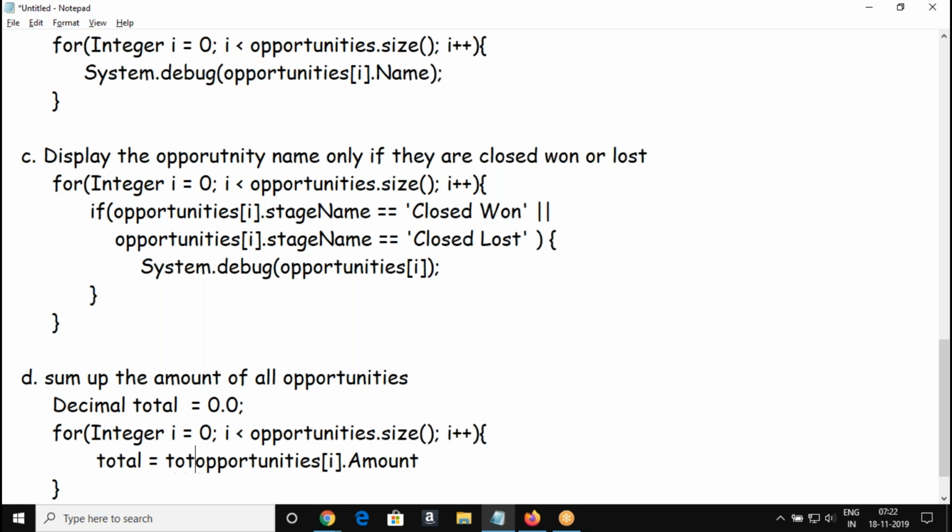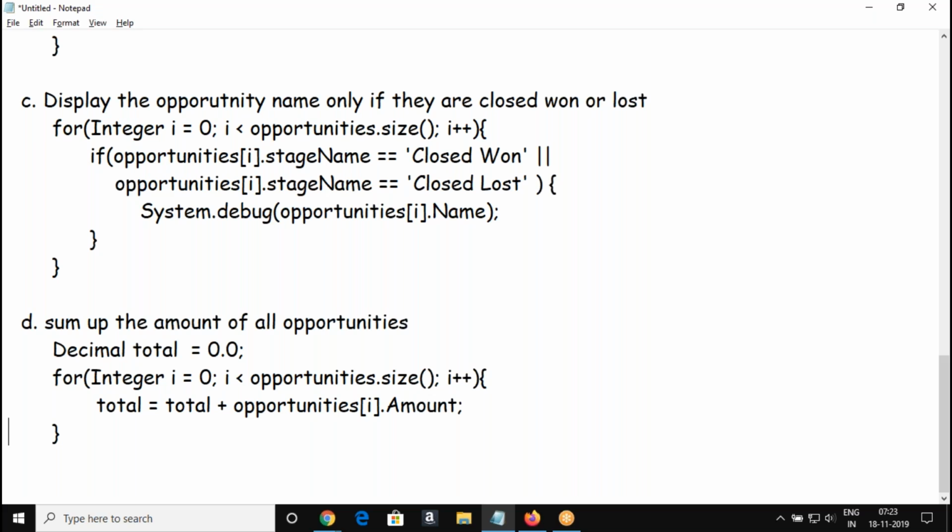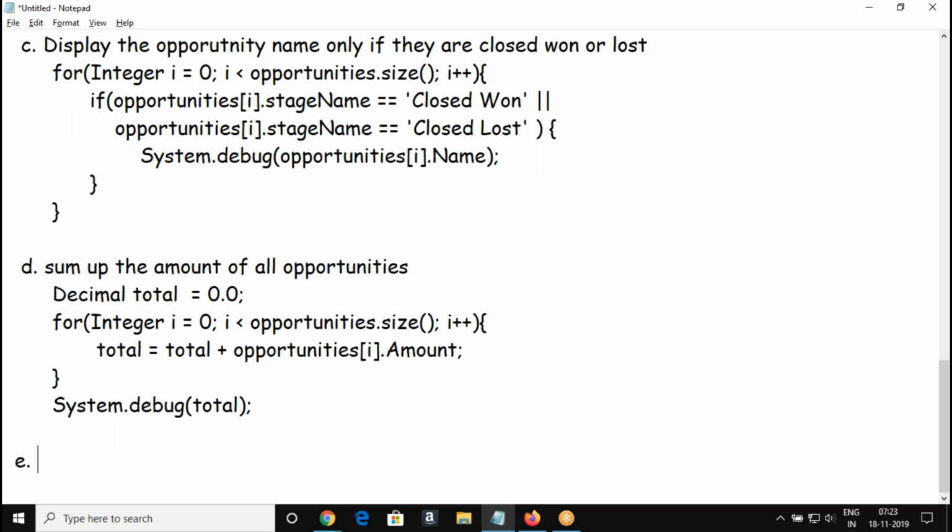So total equal to total plus the amount, not the name. Yes, you're right. Exactly. Then we will finally display the output outside the loop. Right. Add one more exercise.